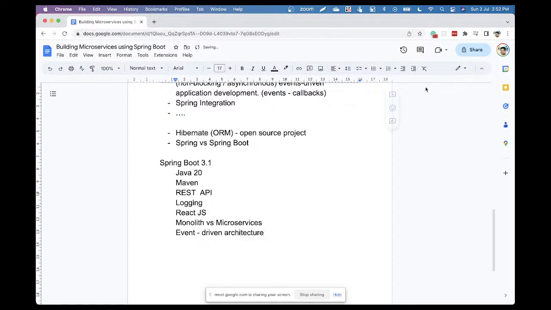And then we will be covering a lot of other advanced features, such as how to make the application fault tolerant, how to scale Spring Boot applications, how to deploy it on cloud,